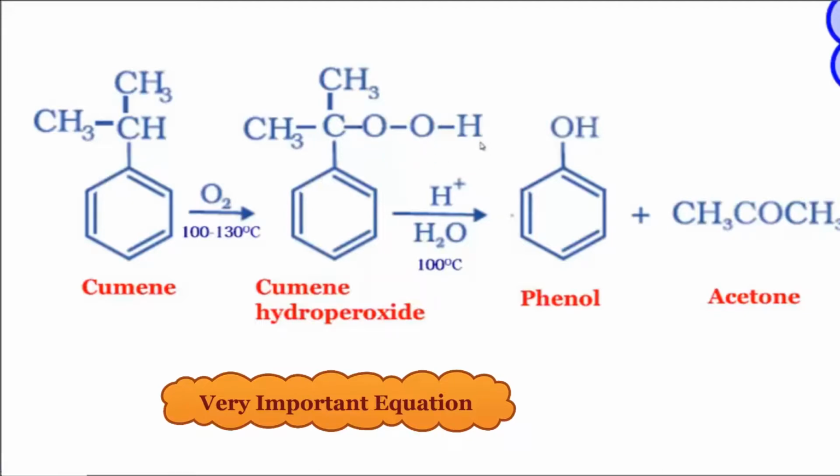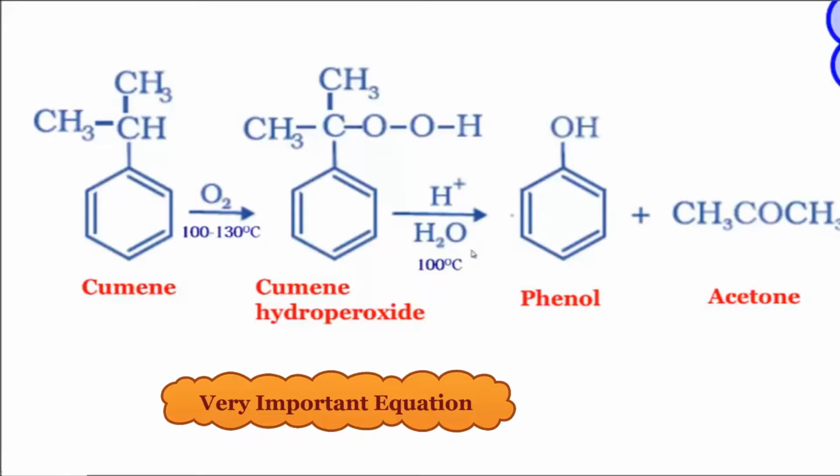COOH. Now this is not a carboxylic acid. Even carboxylic acid will have the formula as COOH. In case of carboxylic acid, both the oxygen atoms would be linked with the carbon atom, wherein one oxygen would be linked by double bond and the other oxygen by single bond. But if you observe the structure here, carbon is linked with one oxygen, this in turn is linked with another oxygen, which in turn is linked with H. This H was already there. So what extra you need to write for writing cumene hydroperoxide? Insert these 2 oxygens in between this C and H. Then you can remember that it is cumene hydroperoxide.